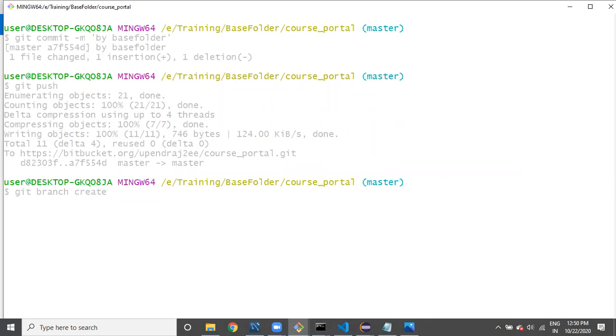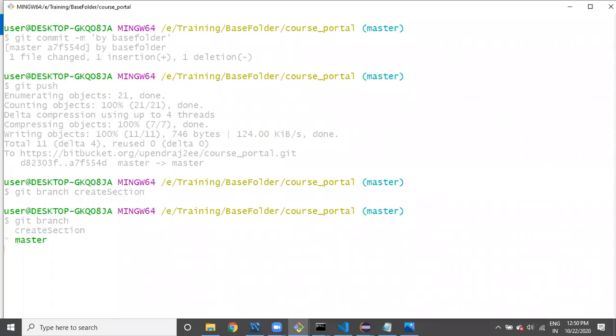Say, create section. For the create section task, I want to create a branch. Now, if you want to see what branches are available, git branch, enter. See here, master is in green color with a star. The star is nothing but the current branch.